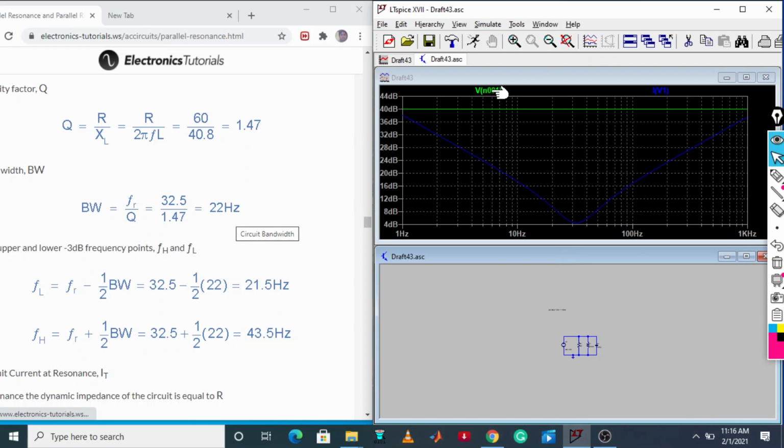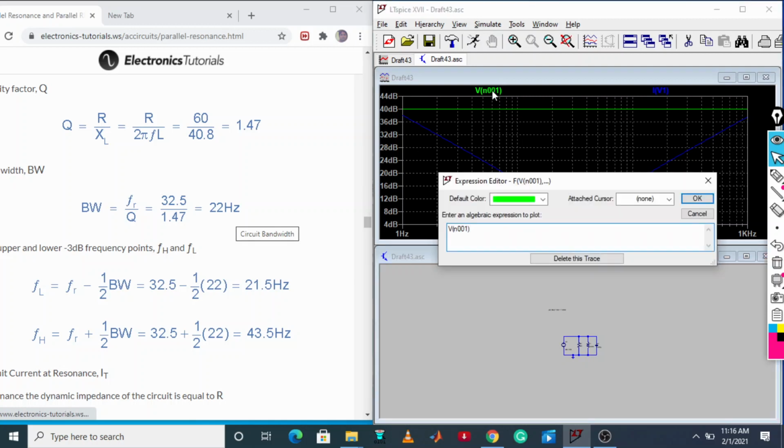For that what we are going to do is V divided by I. Just click over here and give the division, and you need to divide by I(V1). Just write I bracket V1, close that bracket, and just change that color. Now what will be the impedance? It must be the maximum. So let us see what is the result.